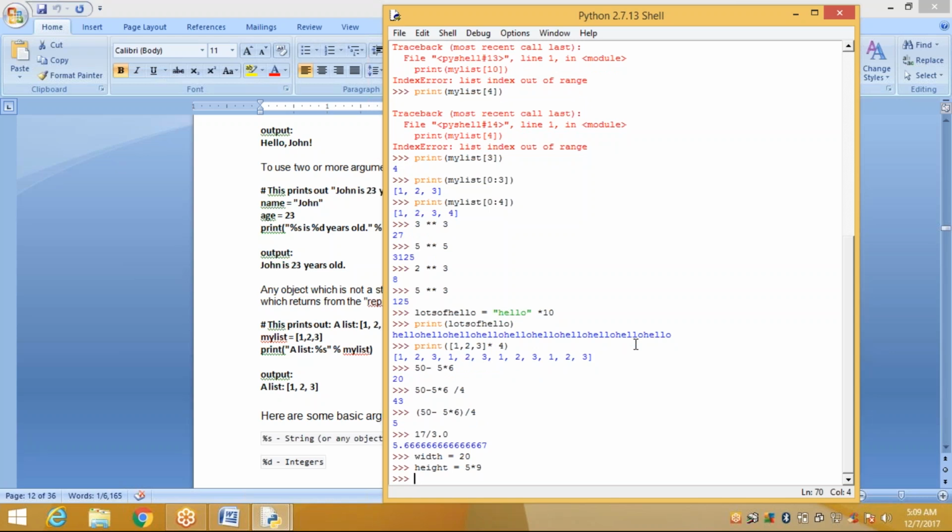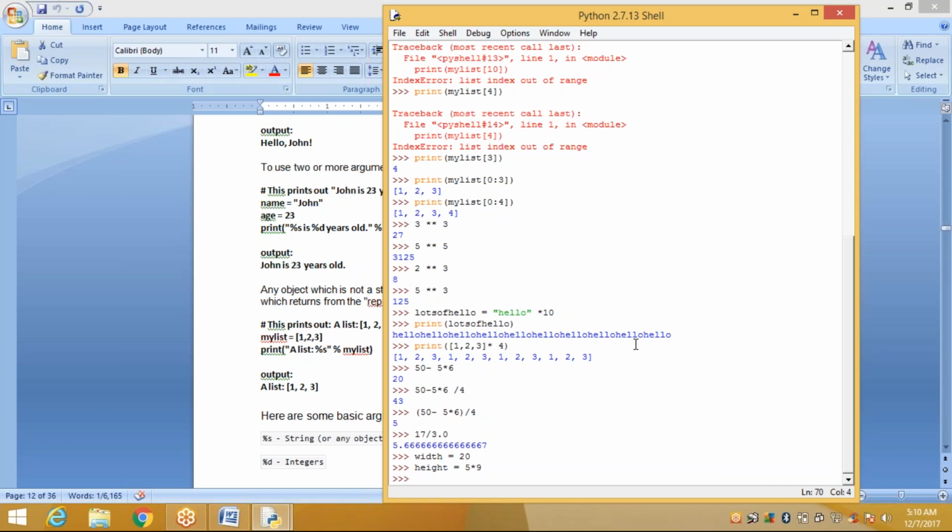So 45 is assigned to height, and it is stored in our height memory. 20 is stored in our width memory, and 45 is stored in the height. So this is the assignment. When you want to assign a value, you use a single equal to. Okay, 20 is assigned to width, 45 is assigned to height.